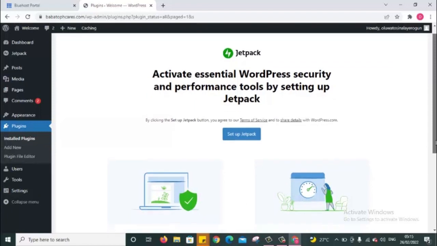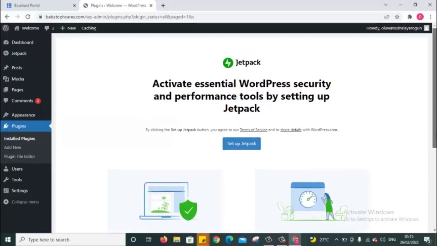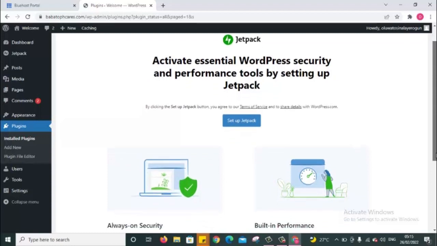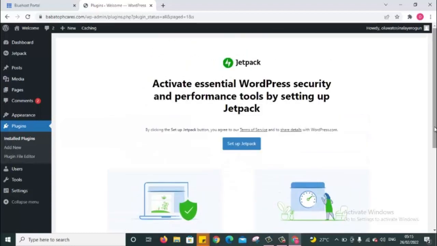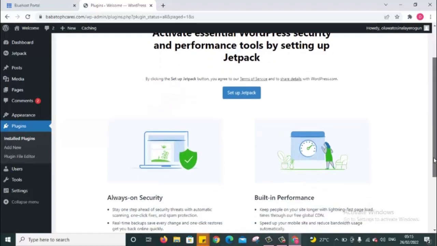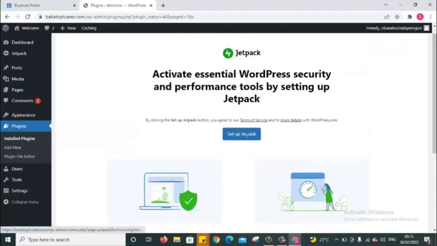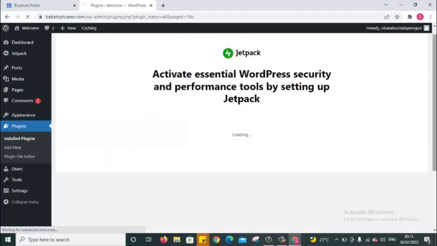Yeah, you activate. So what Jetpack means is a kind of statistics plugin that tracks whatever is happening, the number of visitors we have, how people are buying, so it is going to help us to track it. So you can see the back end. So now you can click on set up Jetpack. So when you click on set up Jetpack, okay,